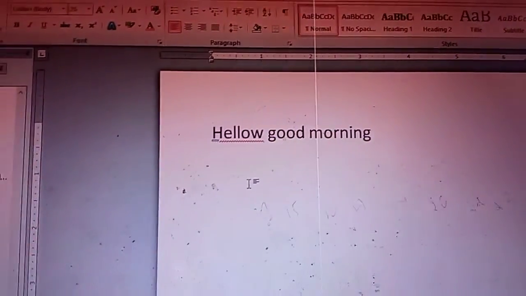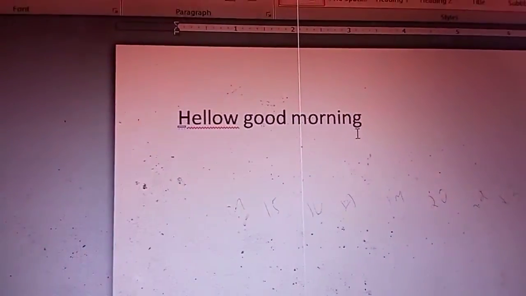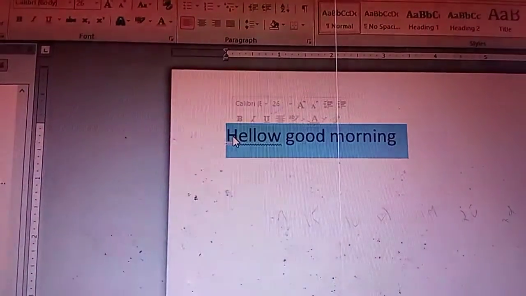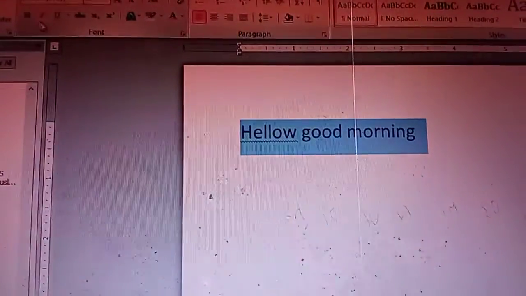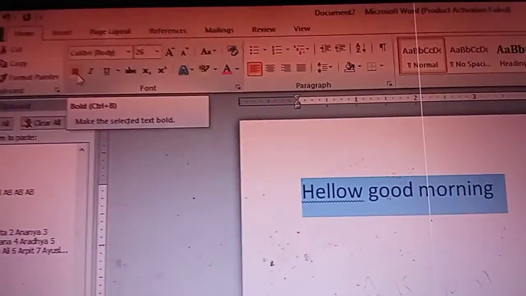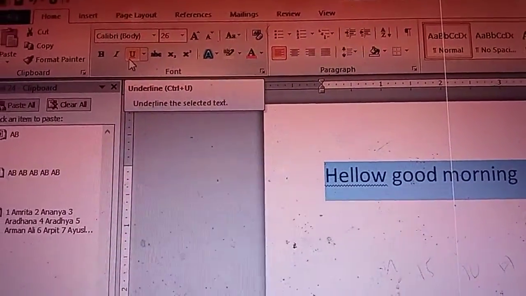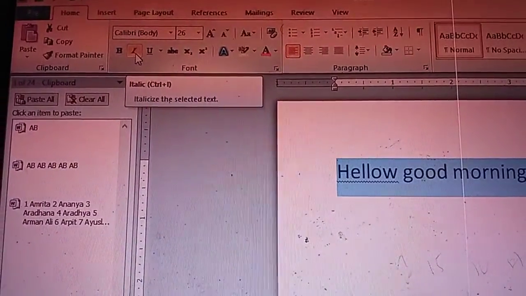Then if you want to make it as bold, look at that here, this appears in symbols only. So first select this, then here is one option B for bold, I for italic and U for underline.